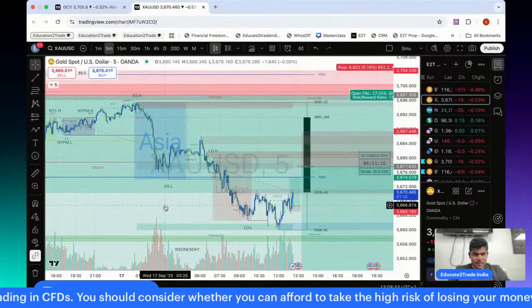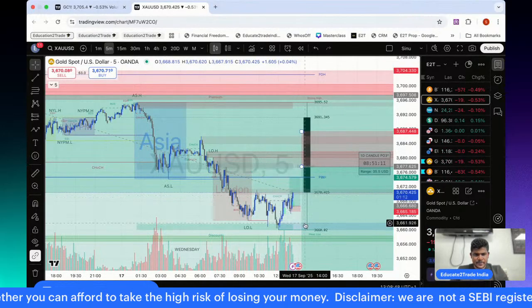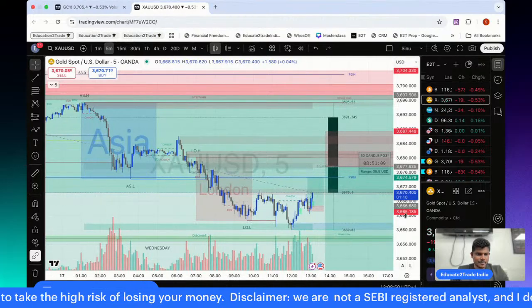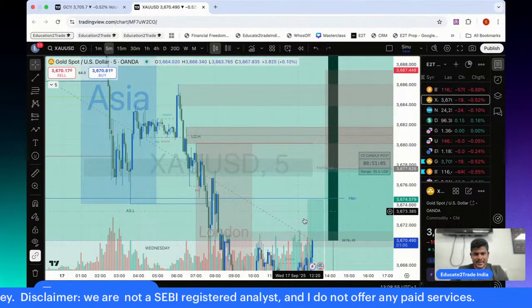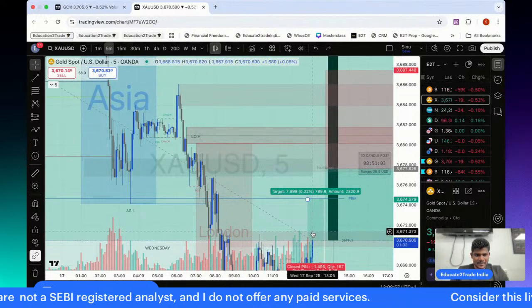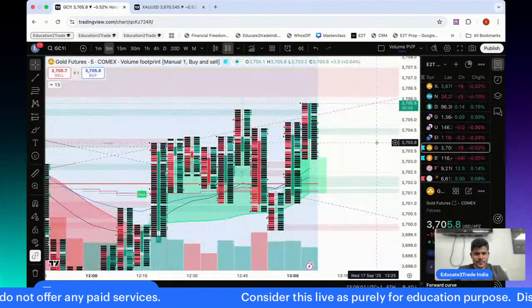If the sellers want to strengthen their moves, they should not allow the buyers to close anything above 71. Anything above 71.3 would trigger buyers. So